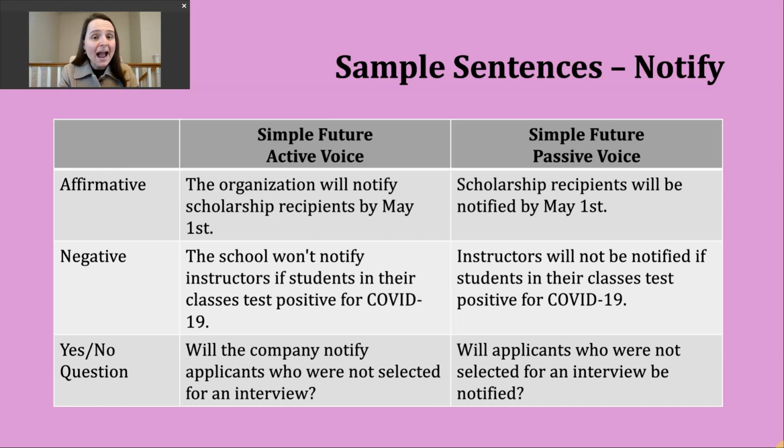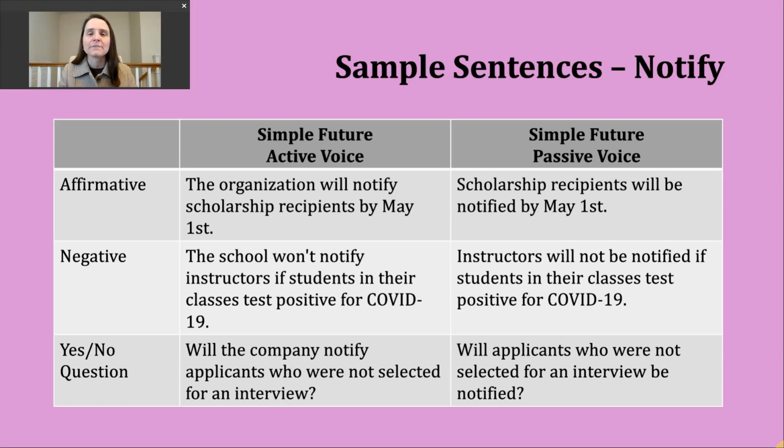Okay. But in the passive voice, right, the person receiving the action here, the people receiving the scholarship, we could move that to the front of the sentence. Okay, so scholarship recipients, and then our structure will be will plus be plus the participle form of the verb. So our participle here is the same because it's a regular verb. So a more common sentence you might hear or see in connection would be scholarship recipients will be notified by